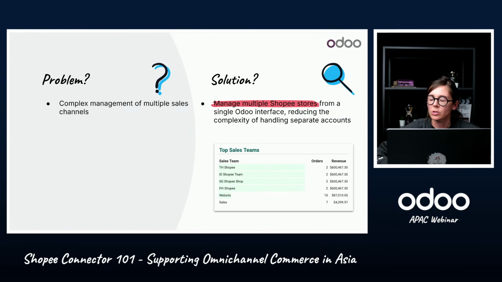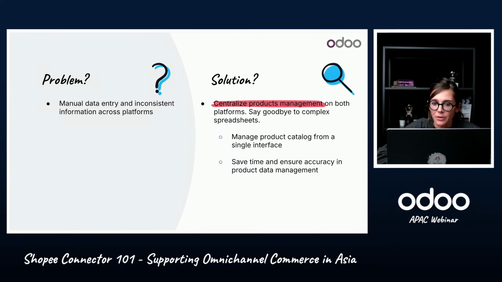This is just a screenshot from the Odoo dashboard that we have, where you can really analyze sales performance based on sales channel. The second problem that we're trying to fix here is manual data entry and inconsistent information across platforms. What we identified with our client that were already using Odoo is that they were putting their sales orders back in Odoo manually, either manually or using an Excel format as well, which was very prone to lots of errors. Okay, so here with this synchronization, we fetch, like I said, the orders back in the sales app of